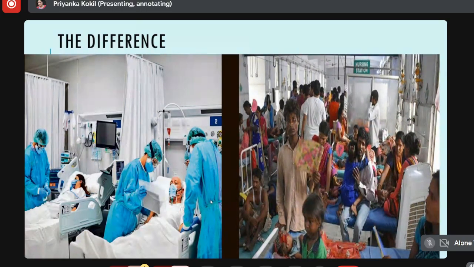First, this is about the crowd, and in general, we can talk about the publicity and unavailability of resources. Yeah, that's very much true. Thank you. So basically, you can see that in the first image, you have some personalized care. Right? For an individual patient, there are one or two doctors, and